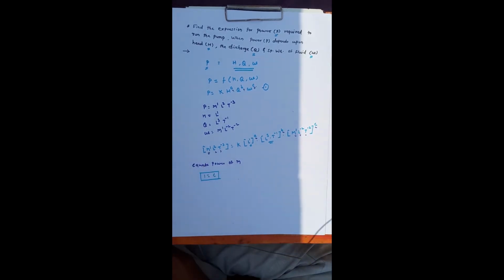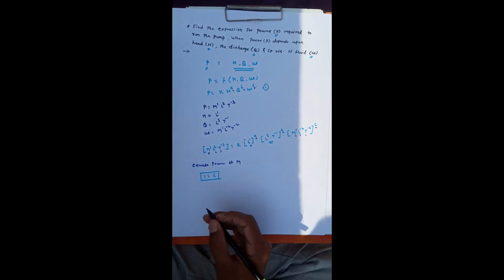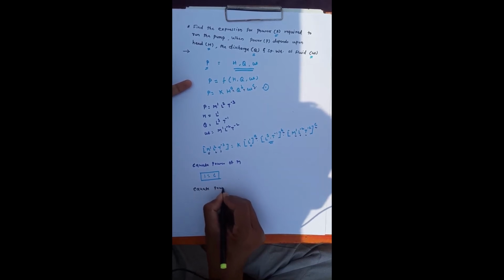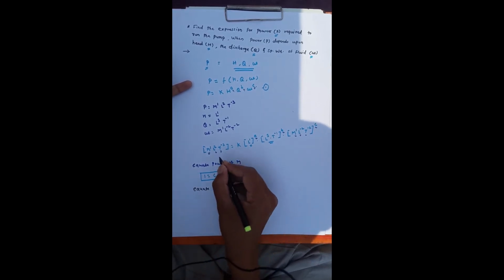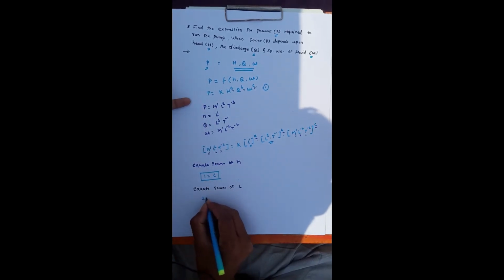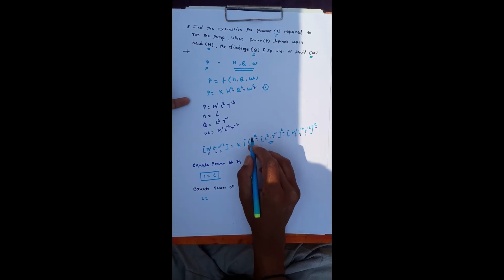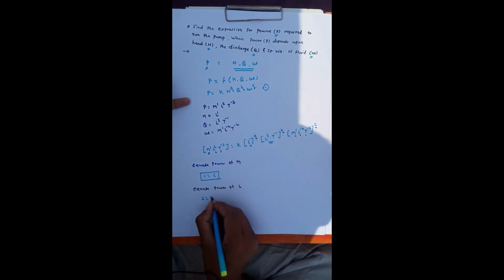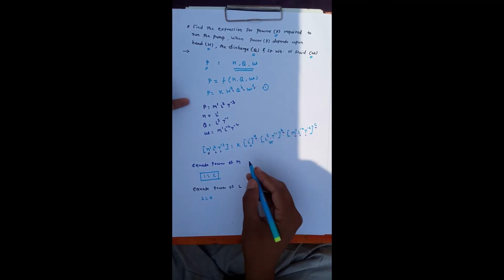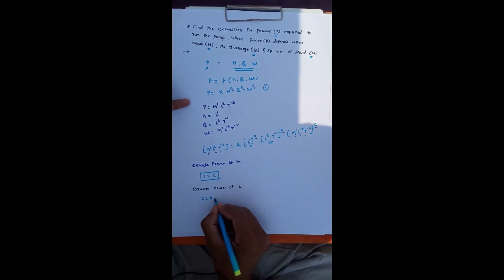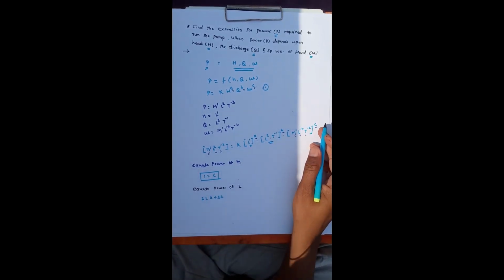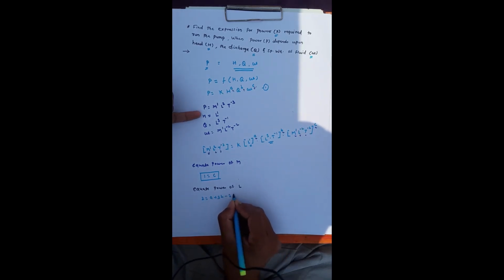Similarly, I will equate the power of L. Here on the left hand side, the power of L is equal to 2. Here the L term is present, so L raised to 1 raised to A, that is nothing but A. Here also the L term is present, L raised to 3 raised to B, so plus 3B. Here the L term is there, but L raised to minus 2 raised to C, that is nothing but minus 2C.